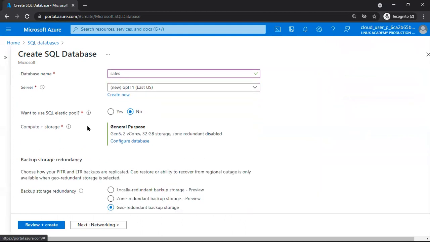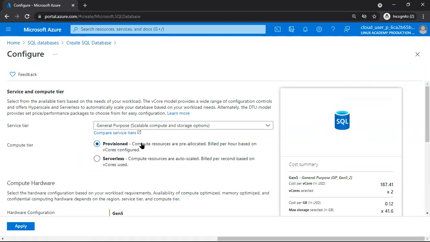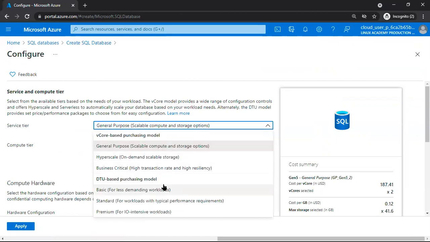Check here, the Elastic Pool option is there, and we have seen that pricing in PaaS, here in Azure SQL database, depends on the number of DTUs and the size of the database. Basically, we have service tiers here. There are two types of service tiers: a vCore based model and a DTU based model.